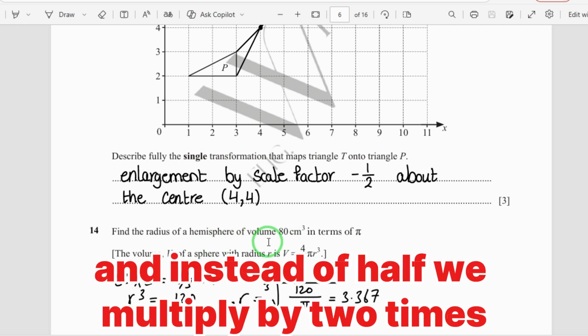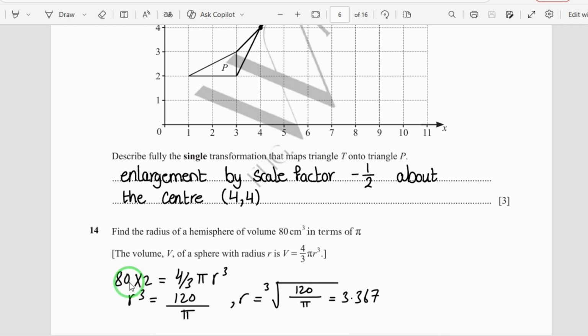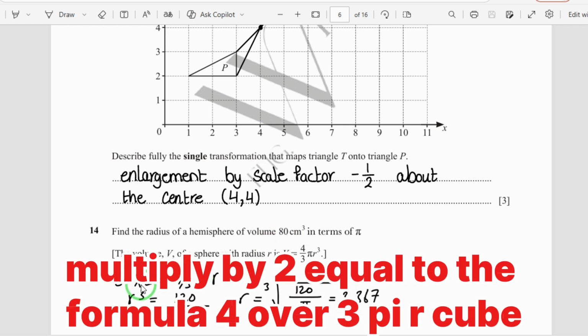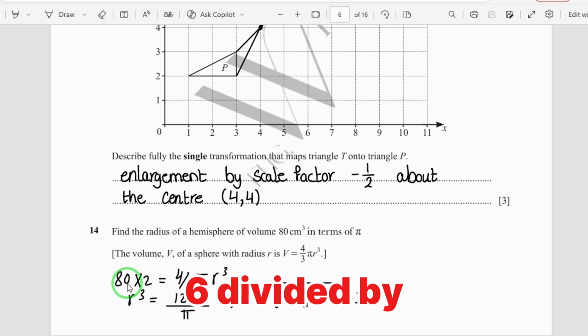If we multiply by 2, we find the volume of the complete sphere, with the formula 4 over 3 pi R cubed. Then we simplify. Actually 3 multiplied by 2 is 6, 6 divided by,